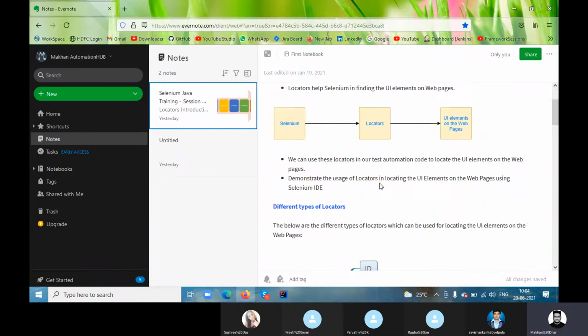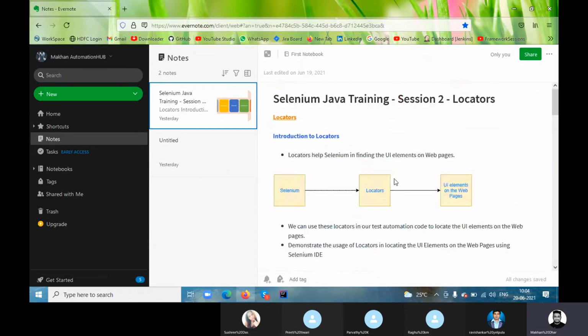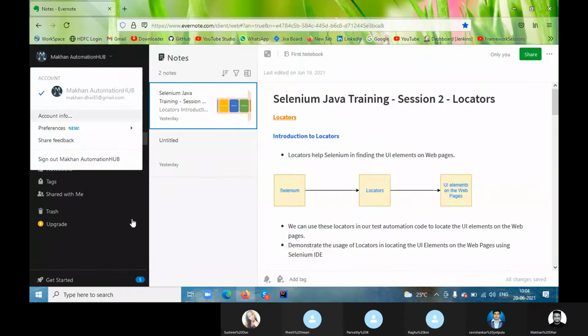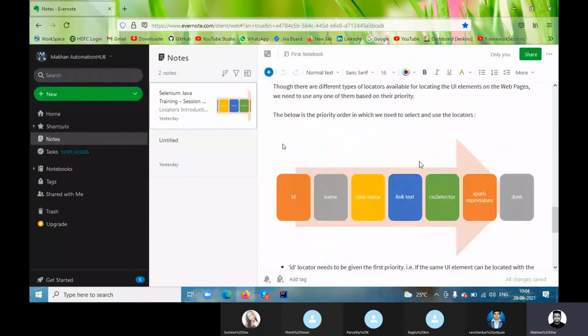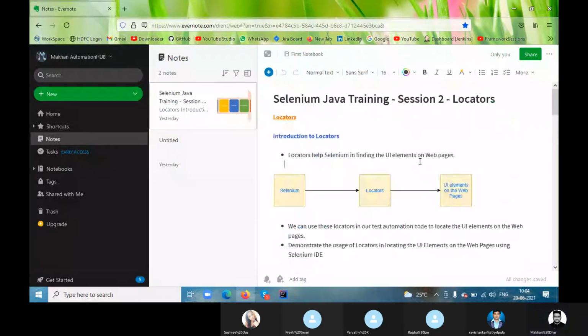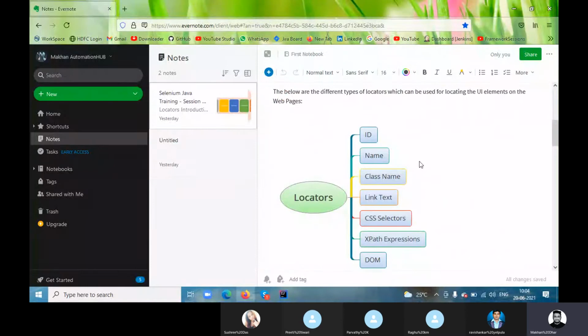Okay. So yesterday we covered the locator, right? We have seen ID, name, and class name.